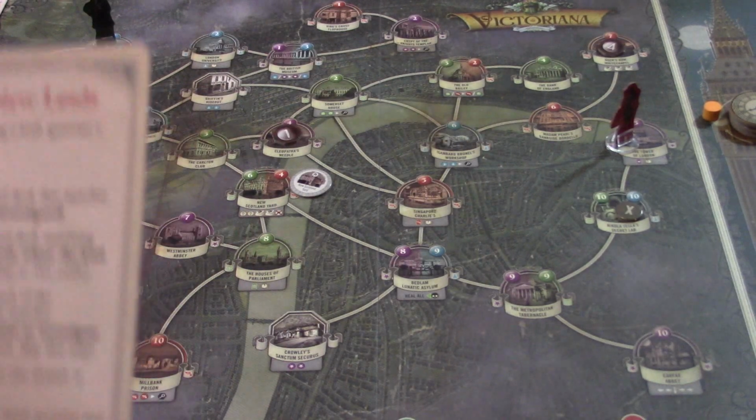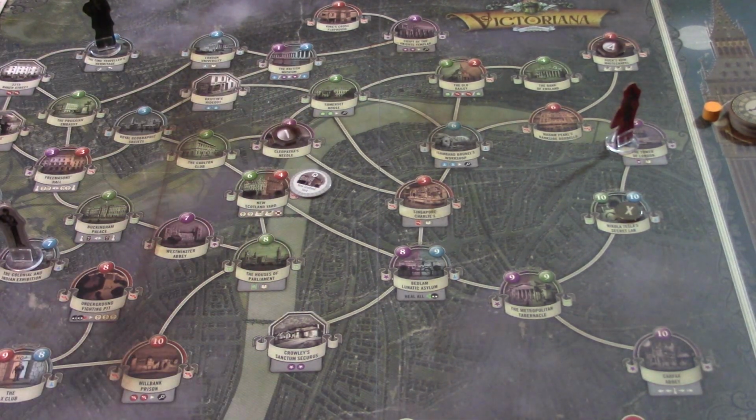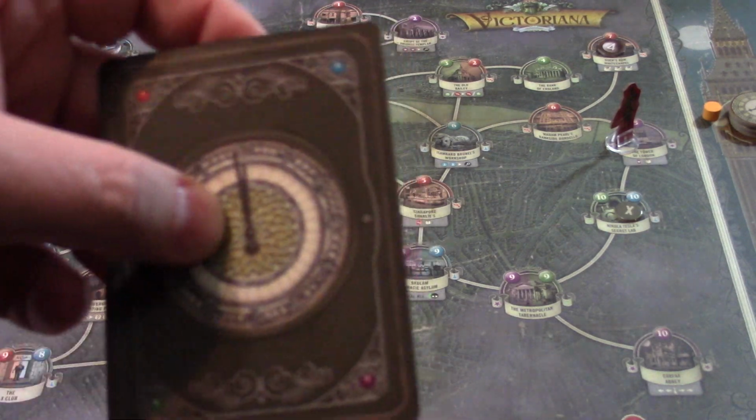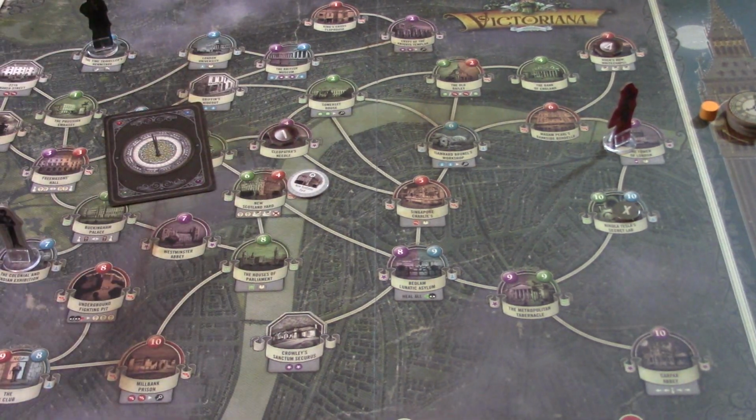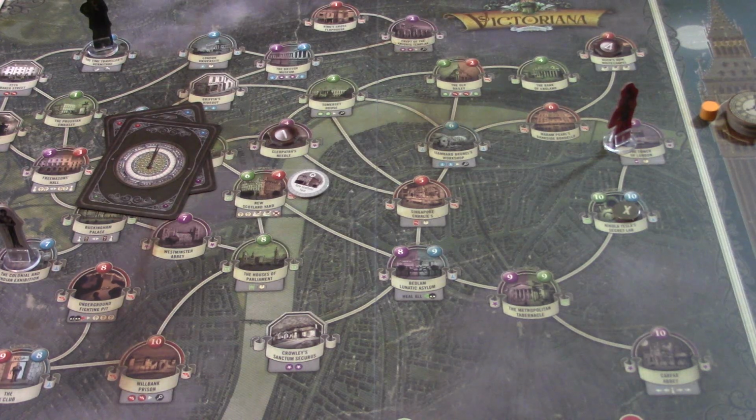generating a new lead. So let's take a look at that. It says one card from the lead deck that matches the type of the lead investigated. That was an occult lead, so we got one of those. Let's put it right there for the moment. And it says one card from the lead deck matching a type shown on the locale that was just investigated. Well, that's science. So there's going to be a real hodgepodge here. And then it says one card from a lead deck of the investigator's choice that matches one of the resources